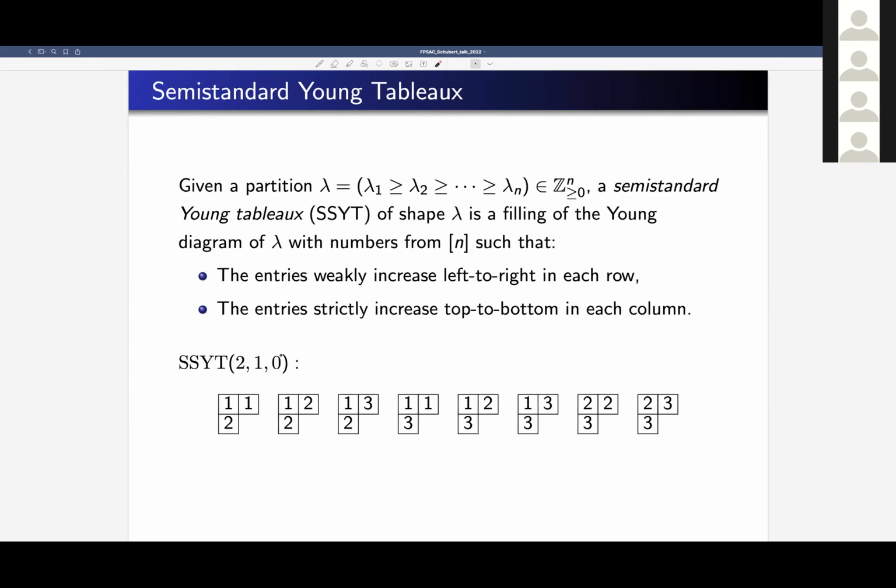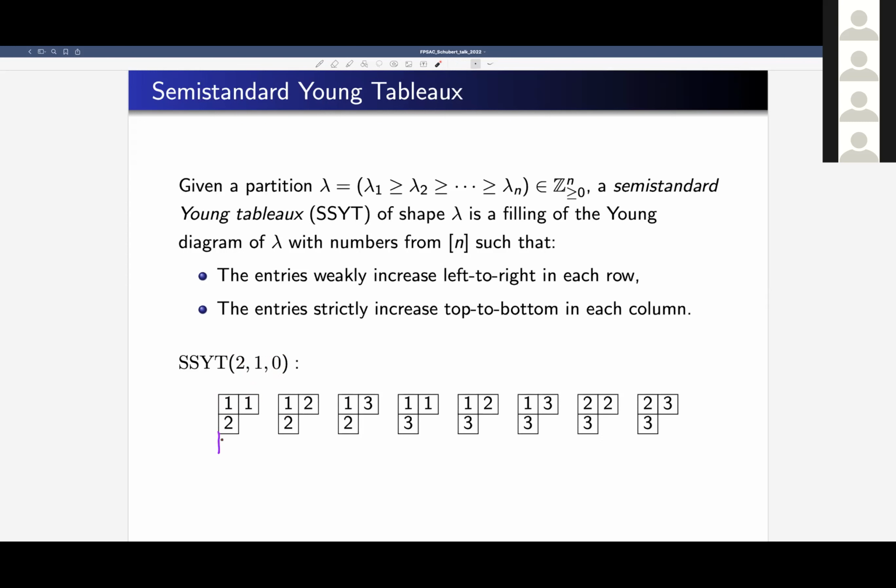So our tableaux are of shape 2, 1, 0. This 0 at the end, if you like, you can add, but it's just really indicating that the length of this partition is 3, and we'll be filling our tableau with 3 integers: 1, 2, and 3. And so we put 2 boxes for this 2 to the left, and 1 box, and then 0 boxes.